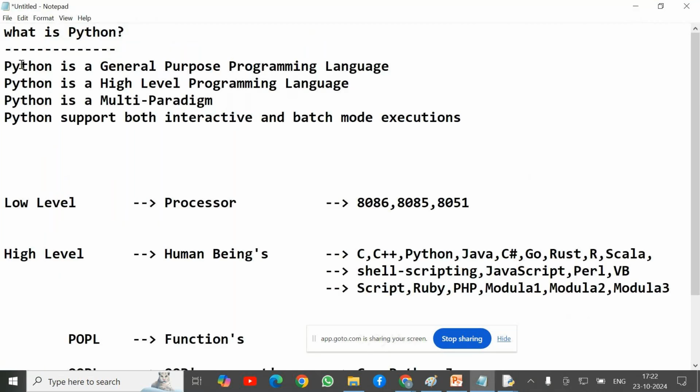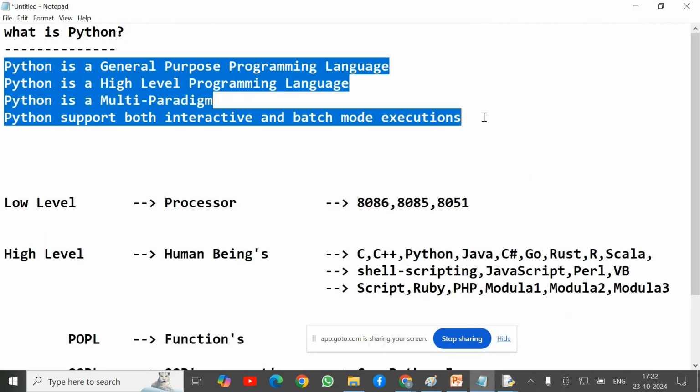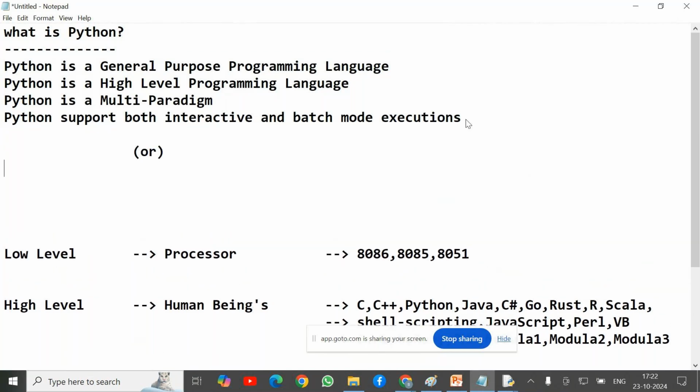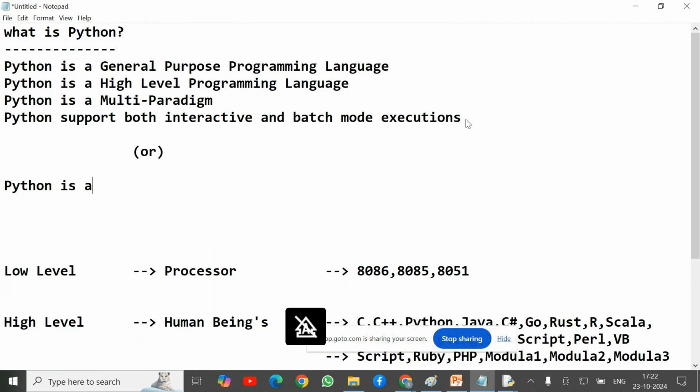This is one way of defining Python. Python is a general purpose programming language. Python is a high level programming language. Python is multi-paradigm. Python supports both interactive and batch mode execution. Python in a single line definition: Python is a general purpose, high level, interpreted, interactive,